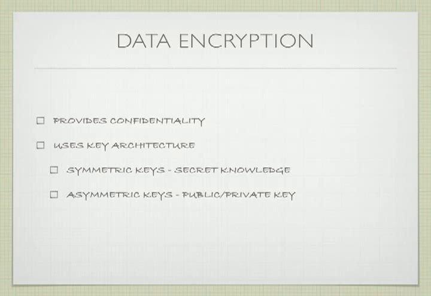Asymmetrical keys is a different key is used to decrypt the data than is used to encrypt the data. This is often referred to as a public key architecture, and it uses a public-private key exchange. So the person encrypting the data has their private key that they and they alone have, and there's a public key. The public key is passed out freely to people that it wants to be able to decrypt his data. Anybody that has the public key will be able to decrypt data that was created with the private key, but